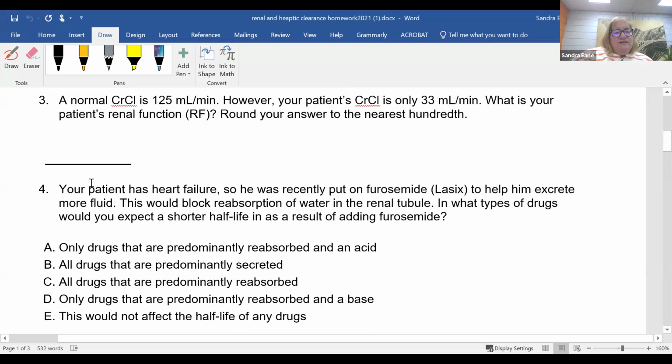All right, your patient has heart failure. So he was recently put on furosemide (Lasix), which is a diuretic to help him excrete more fluid. This will block the reabsorption of water in the renal tubule. And remember, if you think about what's happening